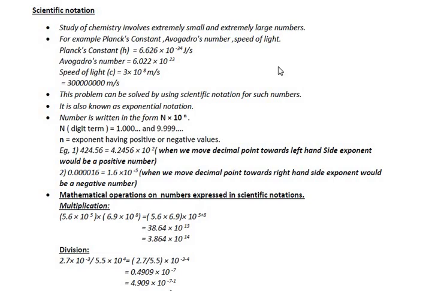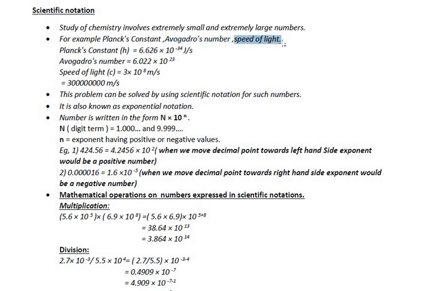Today I'm going to discuss what scientific notation is and what its use in chemistry is. You know that chemistry is the study of atoms and molecules and the formation of compounds from them. So chemistry involves extremely small and large numbers. Numbers like Planck's constant, Avogadro number,